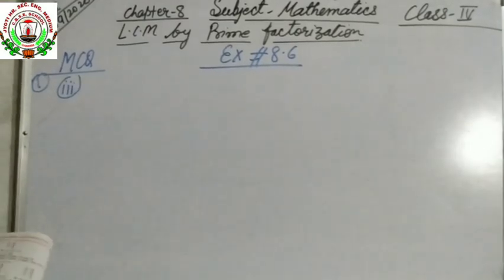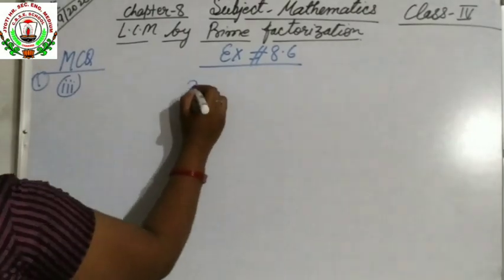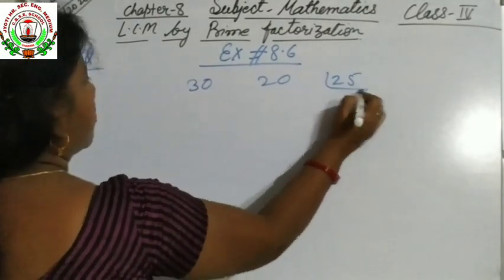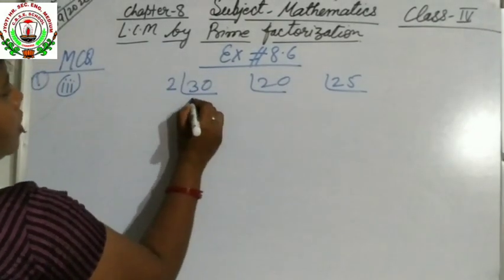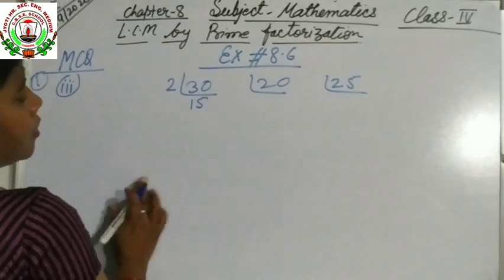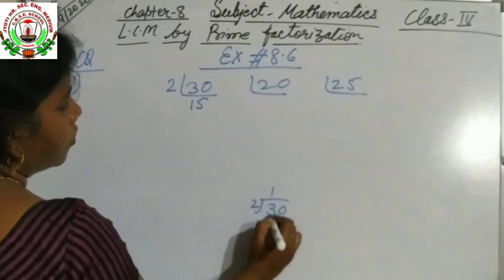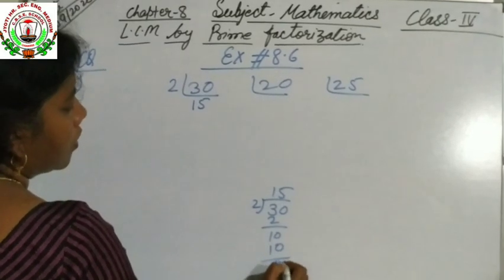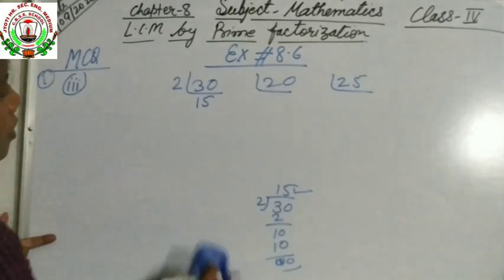In number 3, the LCM of 30, 20 and 25. Now we will take 2, smallest prime number, 2 1 ja 2, 2 5 ja 10. If you can't divide orally, you can divide this number like this. 2 1 ja 2, then 2 5 ja 10. Now quotient you will write it down and you will proceed this process.